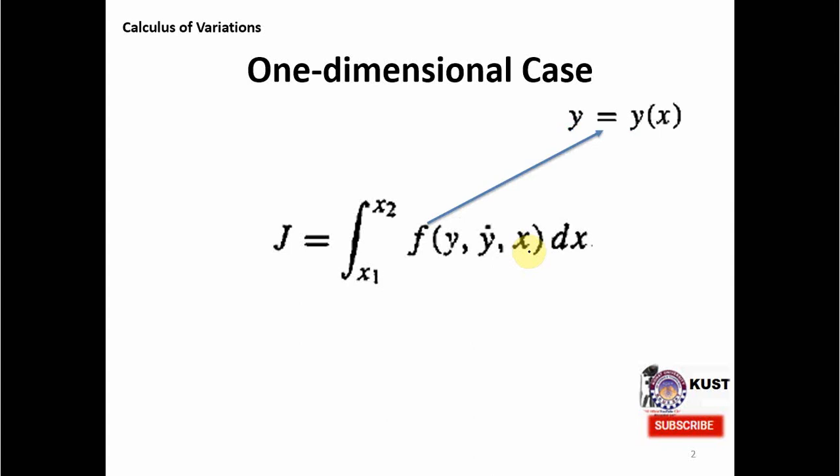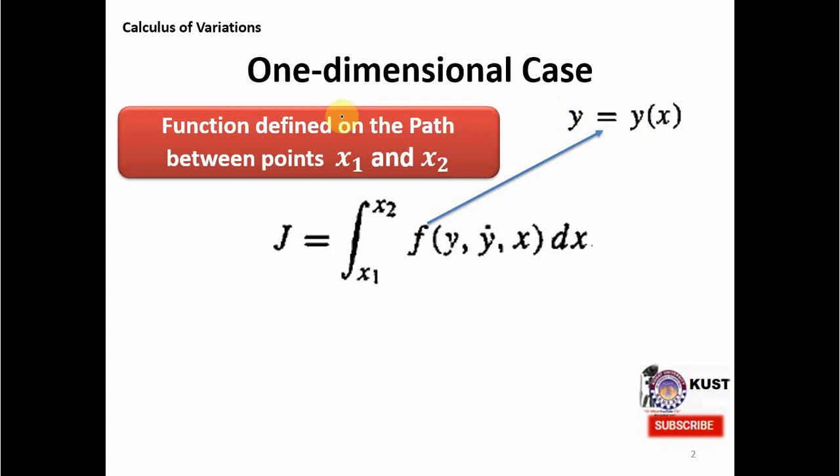So these functions are defined on these paths y is equal to y of x, and these paths go from points x1 and x2, where this y dot is by definition the derivative of this path,